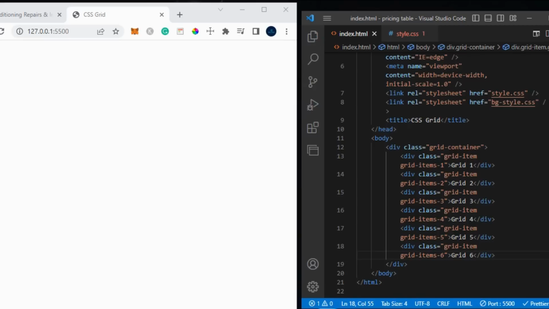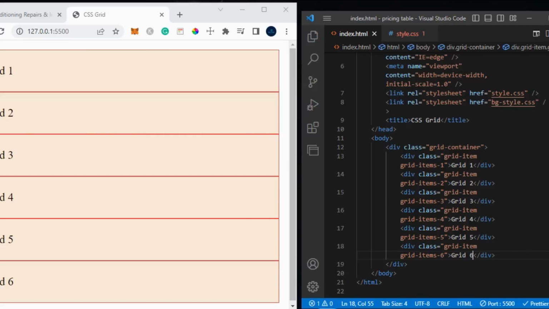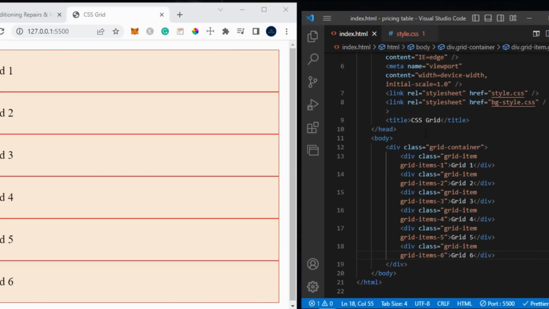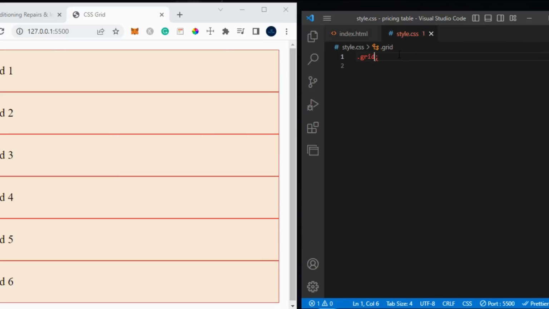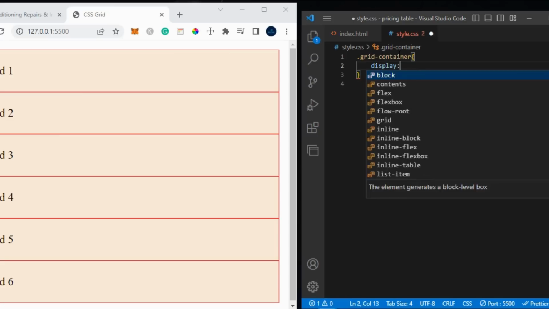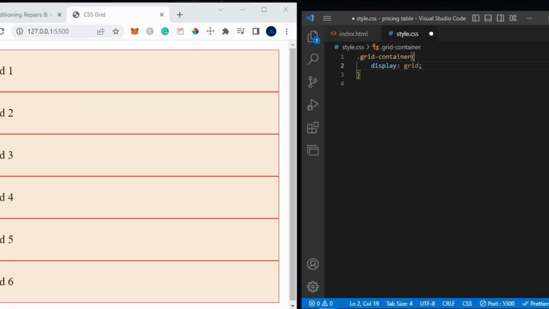If you check this HTML, you see this is the parent element, and all these ones are the child elements for this parent. So we have to apply the grid on the parent element, which is this grid container here. So I'll go back here, then do .grid-container. Then after that, we do display: grid. After this, you notice that nothing changes here because